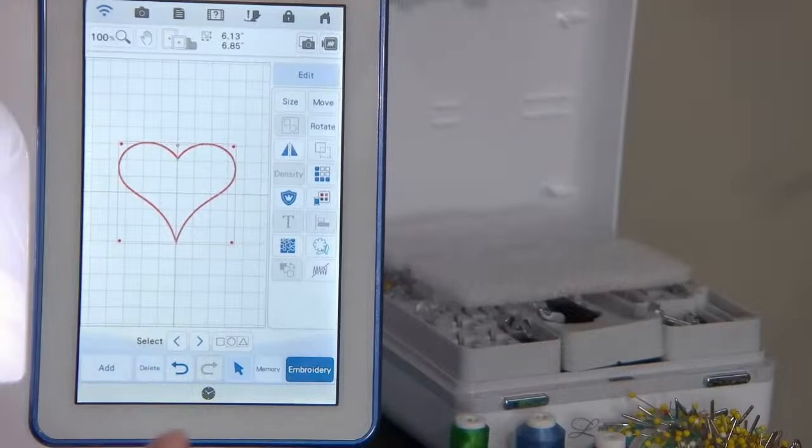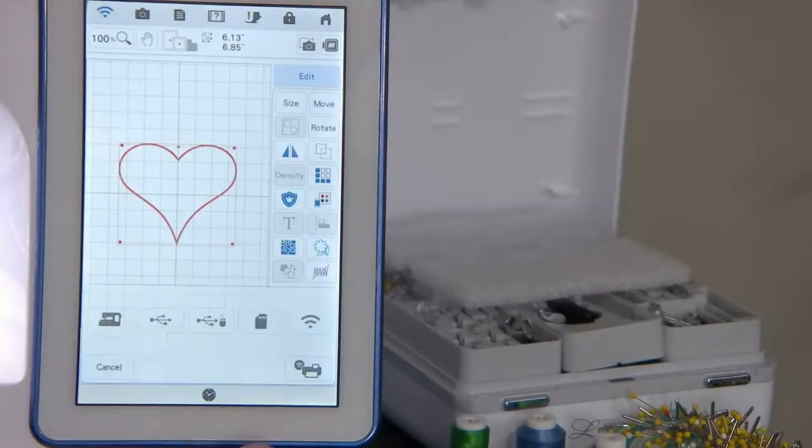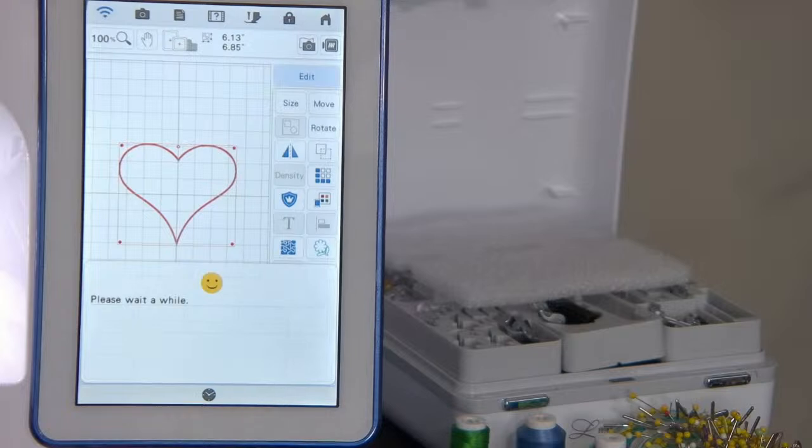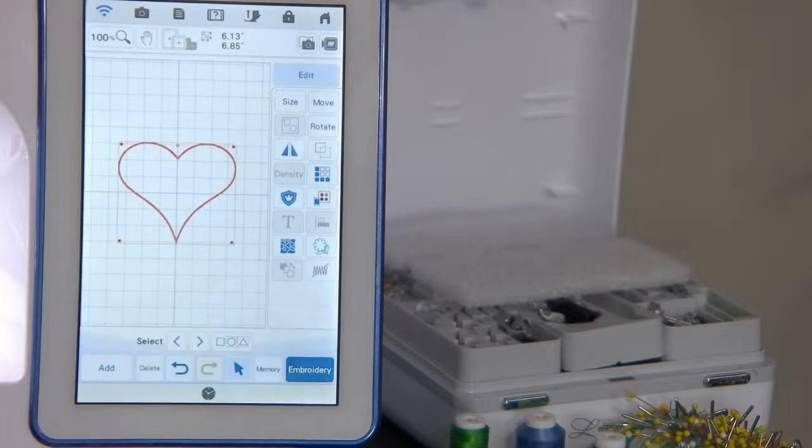So if I am on a Luminaire or a Stellaire and I have my connection enabled because I have one of the 2 models that have it, a 330D or a 325, this icon right here pops up. I simply touch that and it will transfer it. You go ahead and say transfer, and then we'll go over to the ScanNCut machine.